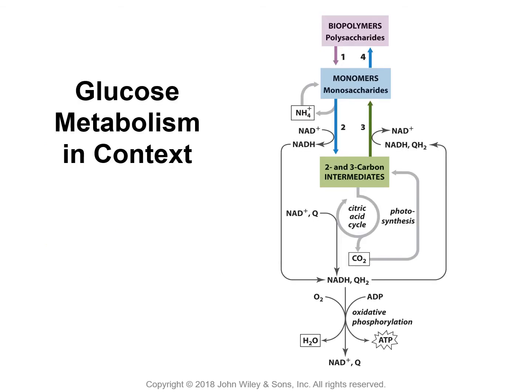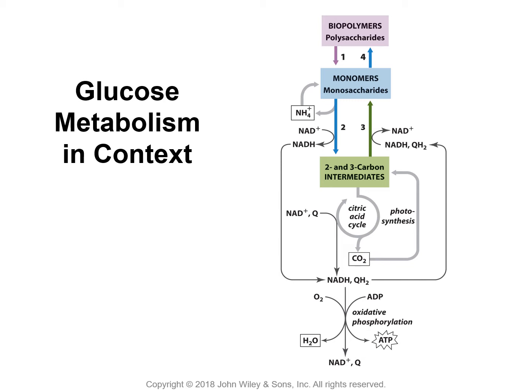What you see here in the figure is glucose metabolism in context. You have biopolymers, polysaccharides. Glycogen is degraded to glucose, which is then catabolized by glycolytic pathways to the three-carbon intermediate pyruvate. So that's what you see in number two. Then number three,